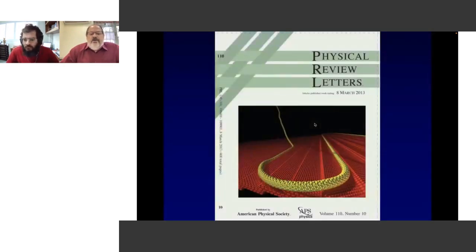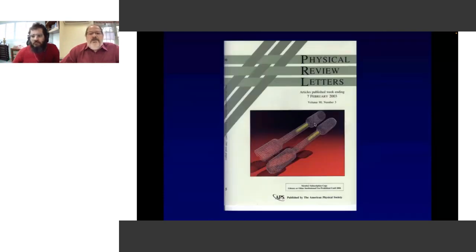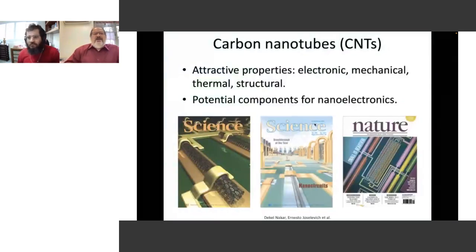So this paper was on the cover of PRL, and this is the second time we got the cover of PRL with carbon nanotubes. And the secret seems to be the figure. If you play with black, red, and yellow, there is a psychology paper that says the human brain is attracted to this combination of colors. So making figures with this is good for the human brain.